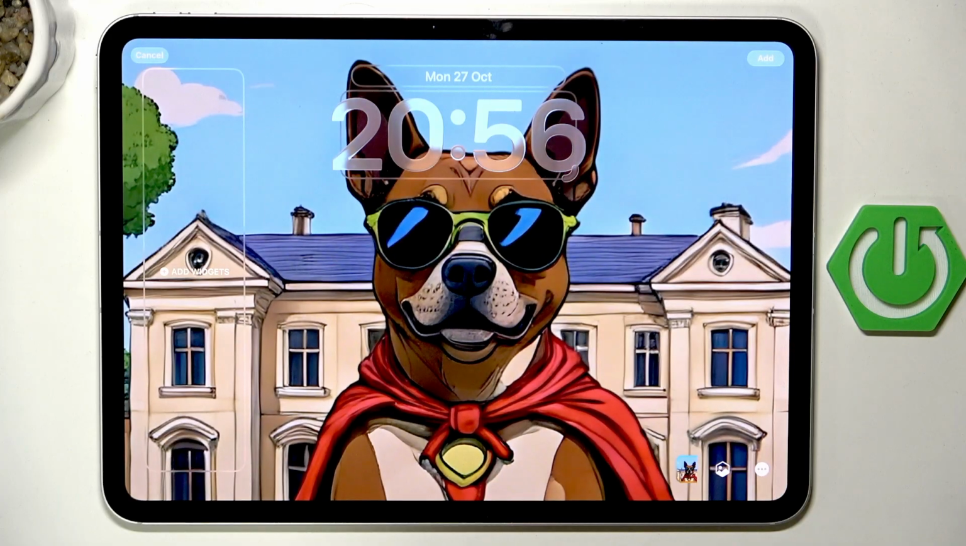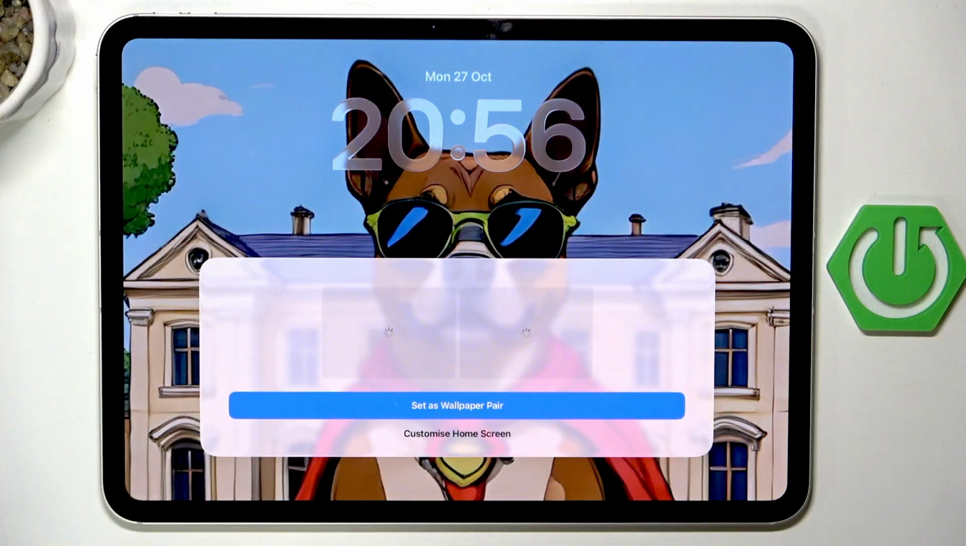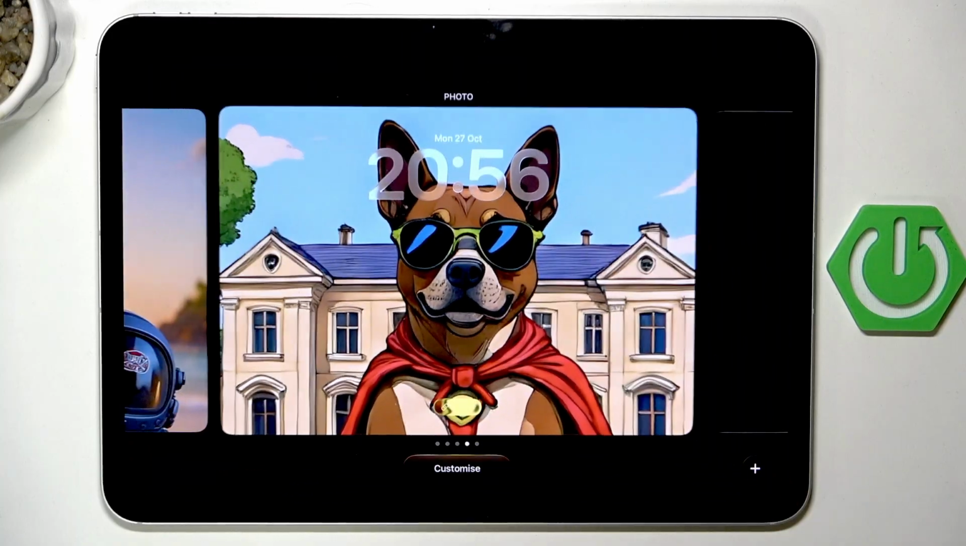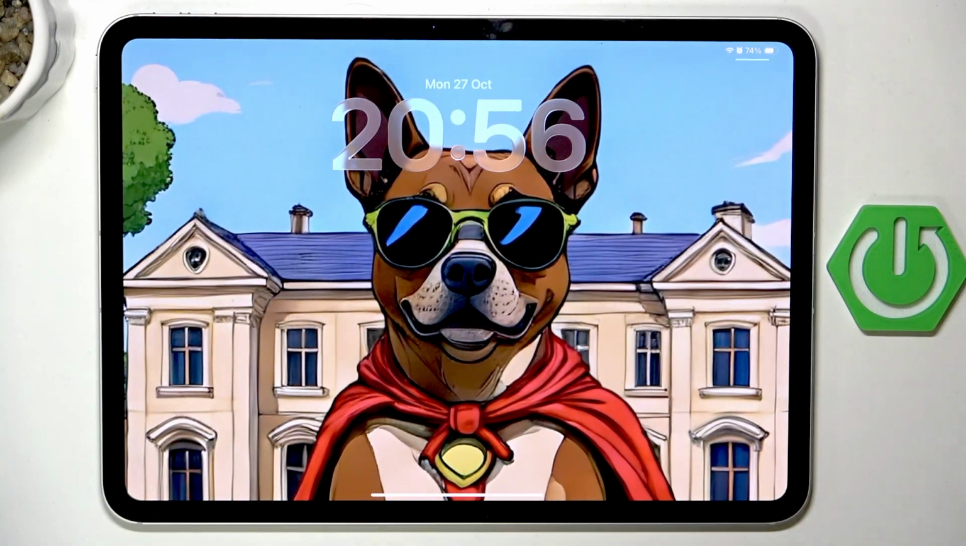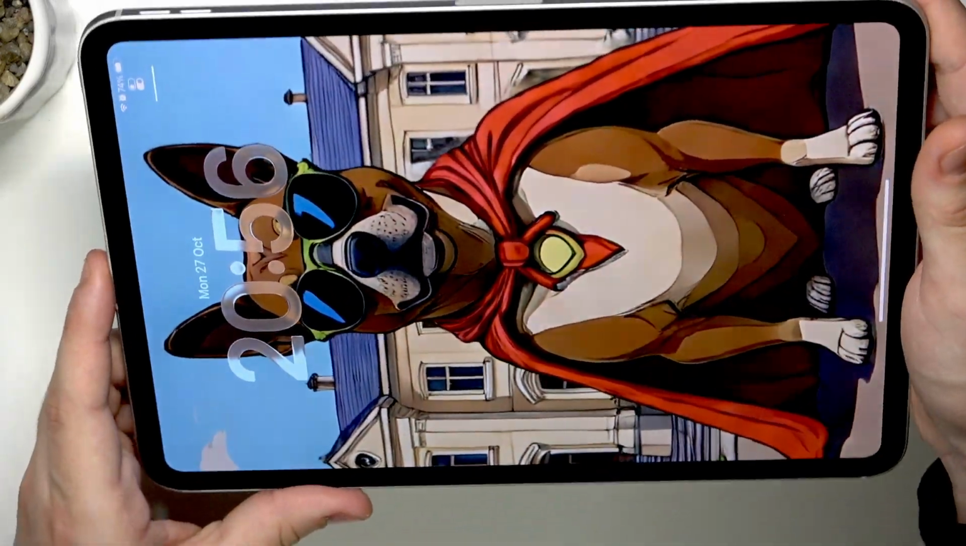generating spatial scene, as you can see. Now click on Add. We can set it as a wallpaper pair, for example. Okay, click on it, and now you can see that we have this cool 3D effect when I'm moving the